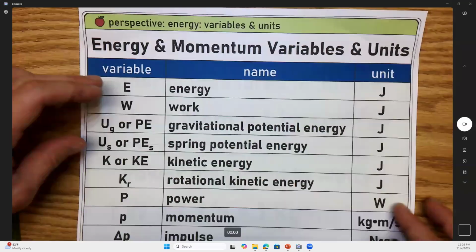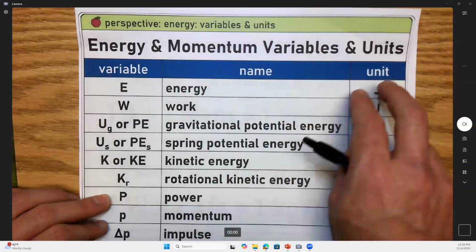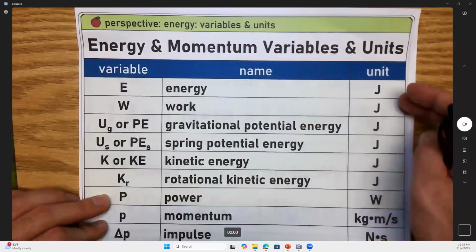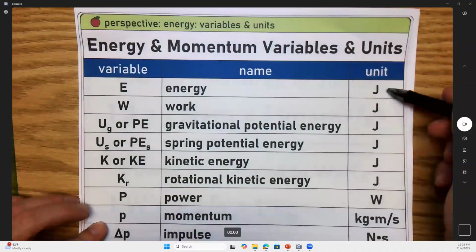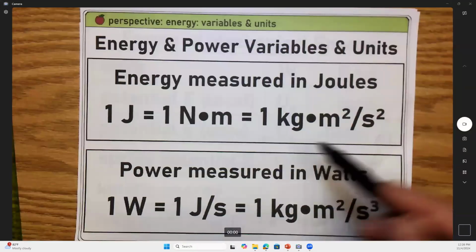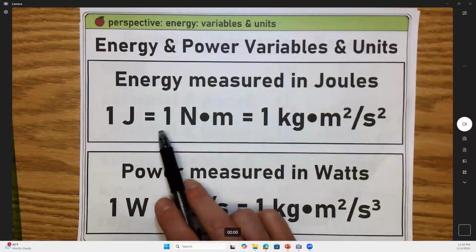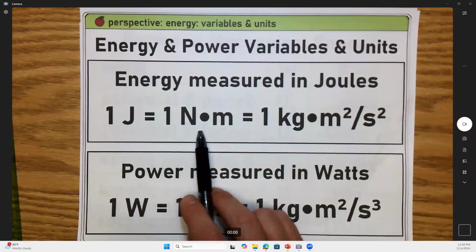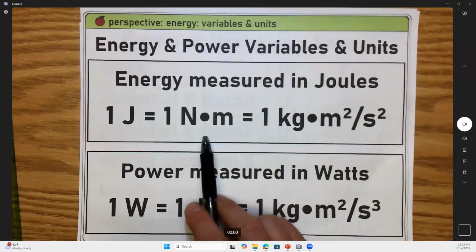I got a list for you guys. Some new variables you got to see, what they refer to, and what unit we're going to measure these in. Guys, look at this J all over the place. What do you think the unit J stands for in this class? Joules, exactly. And I'll show you guys what 1 joule is. 1 joule, as an SI unit, breaks down into 1 Newton times 1 meter, right? Newtons measure force, right? What if you push on something with 1 unit of force for 1 meter? That's like transferring 1 joule of energy.